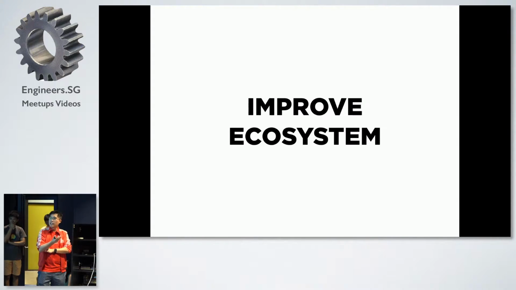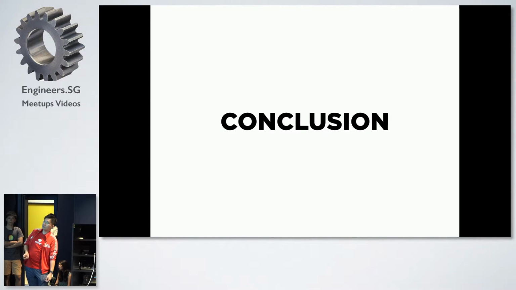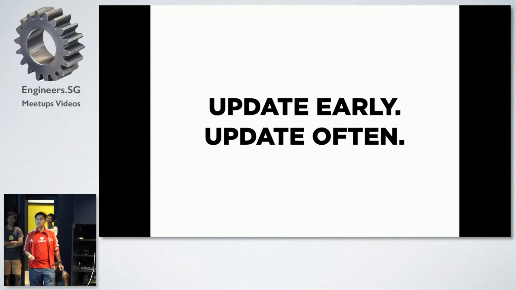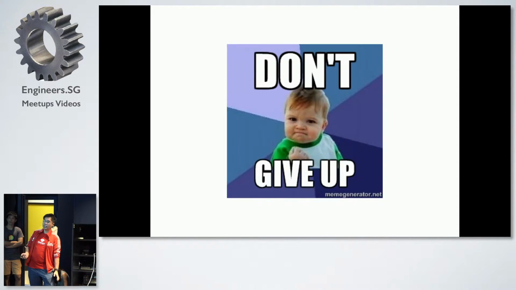Some people do that, and in general we try and make sure people update their rubygems.org metadata information, because some gems are out there, they don't have a source repo, they don't have a homepage, and it doesn't help anyone who wants to use their gem because they can't find where it is, right? So conclusion: update early, update often, do continuous updates, and if you have not done this from the very beginning,